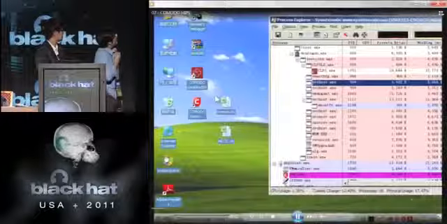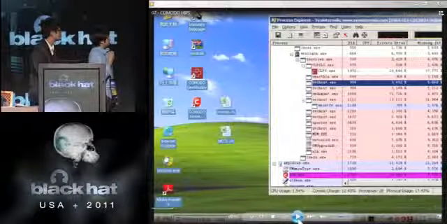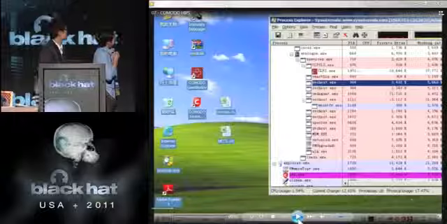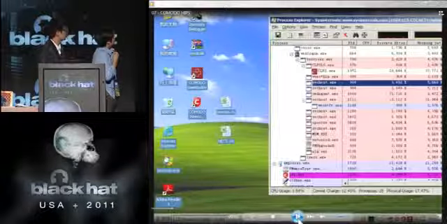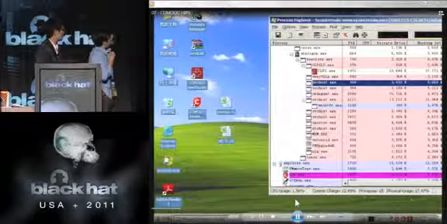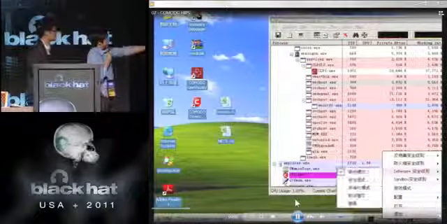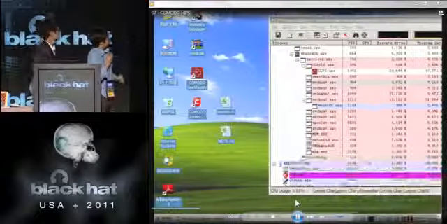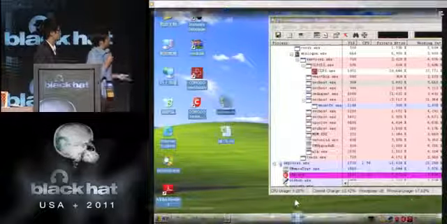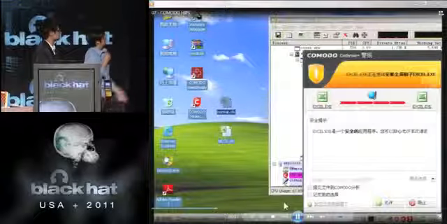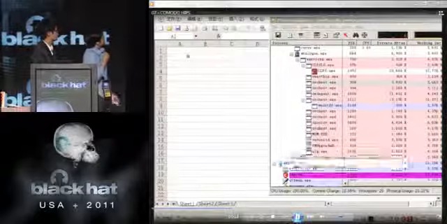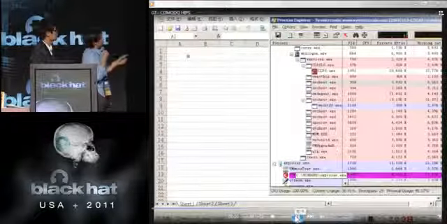Okay, this time we're going to defeat Comodo host IPS. First, we configure it to paranoid mode, so it could detect all behaviors. Now it shows Excel is a safe application. Would you like to start? Yeah. Okay, and we start the exploit.